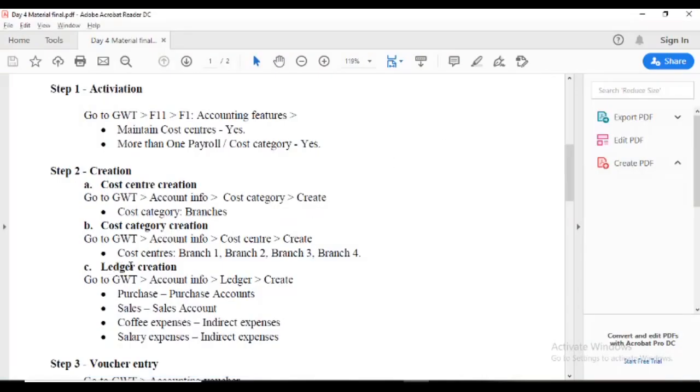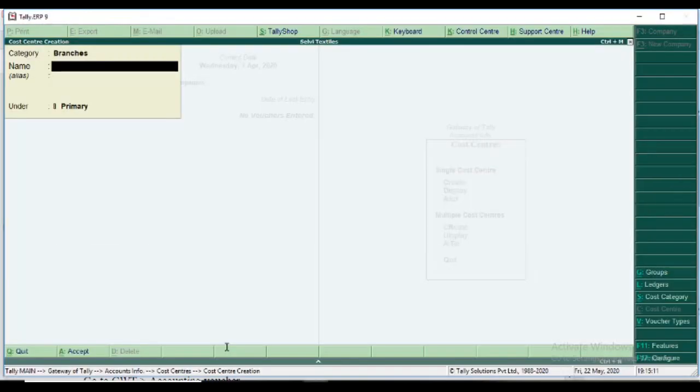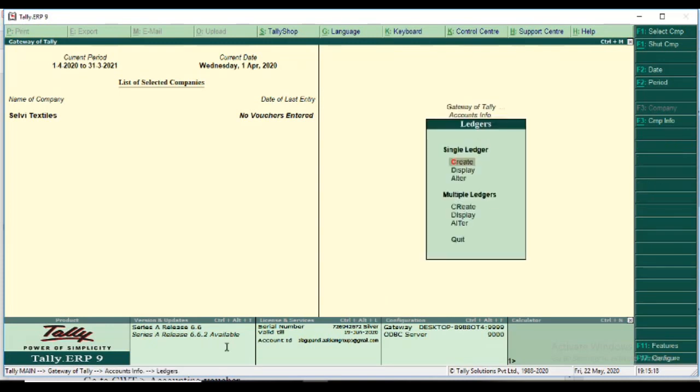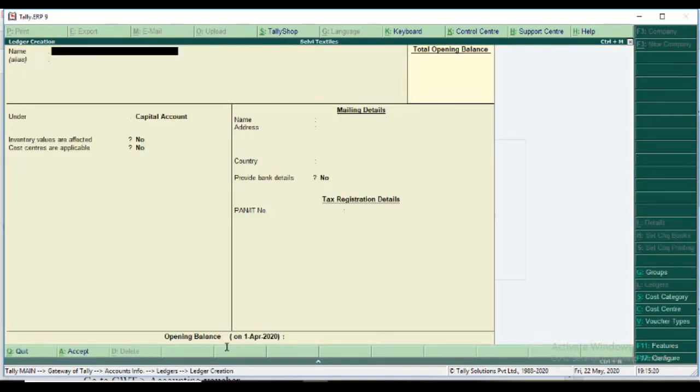Then I move to the second step, the C option, ledger creation. Go to Gateway of Tally, accounts info, ledger, create the purchase ledger, sales ledger, coffee and salary expenses, which come under indirect expenses. So I move to the ledger creation screen: Gateway of Tally, accounts info, ledger, create.